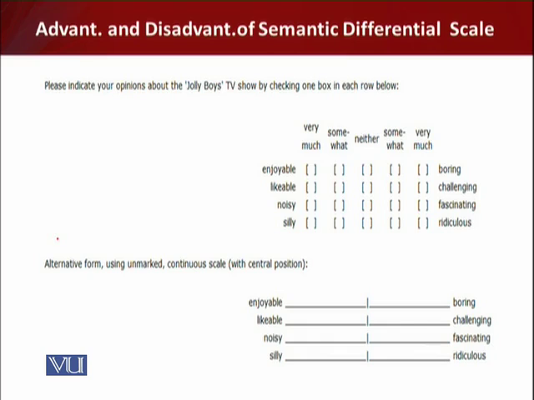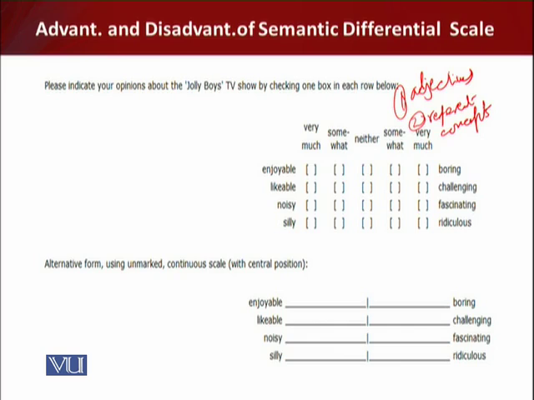So one thing is the adjectives, and second is their referent concept. The respondent is asked to choose where his or her position lies on a scale between two polar adjectives. For example,